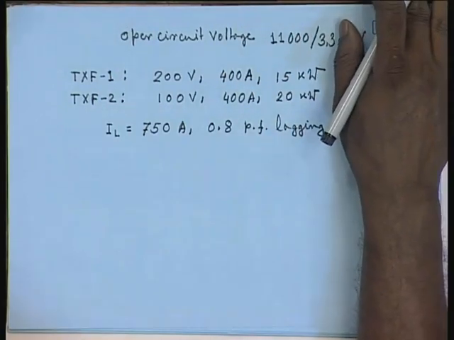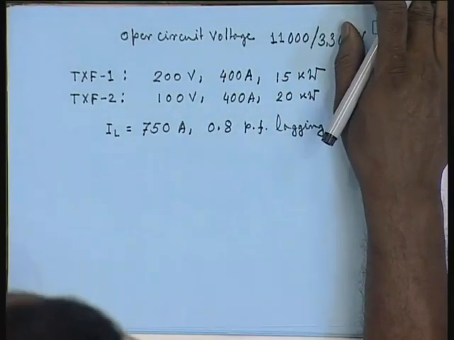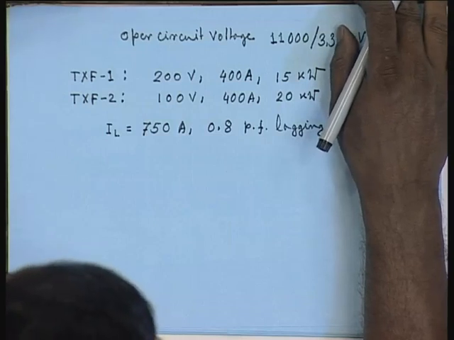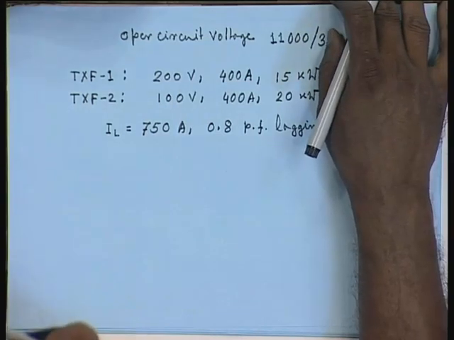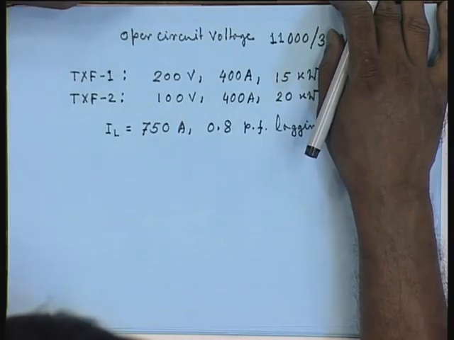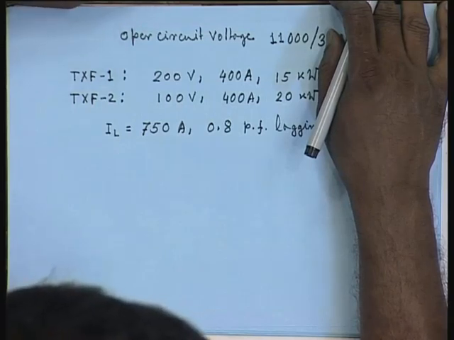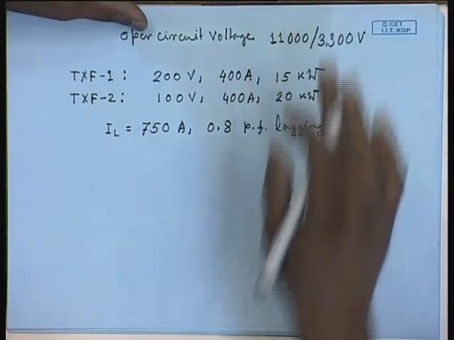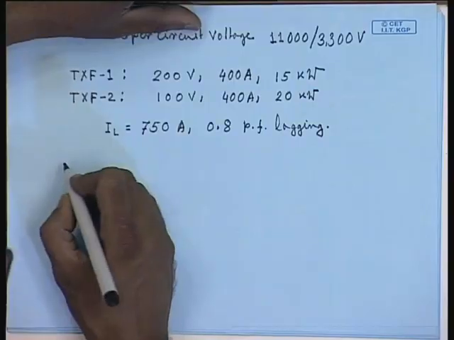We are to find out the KVA supplied by each of these transformer and the load voltage. In order to do this, let us first find out the series impedance of the transformers. So, for transformer 1,